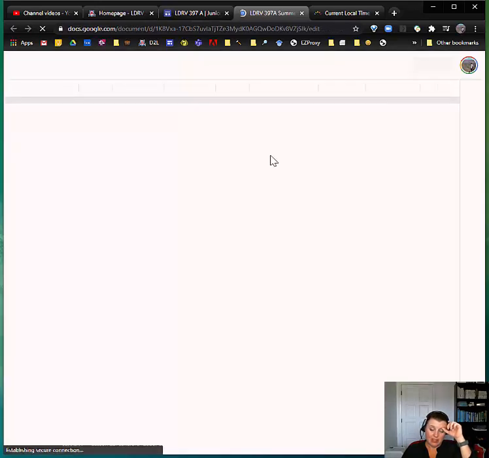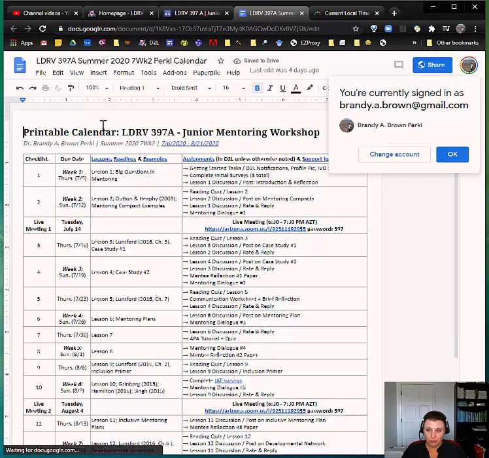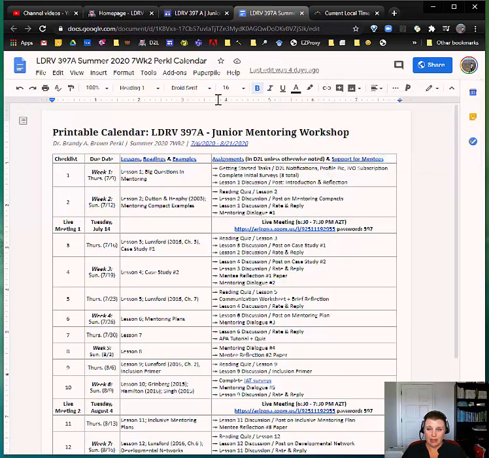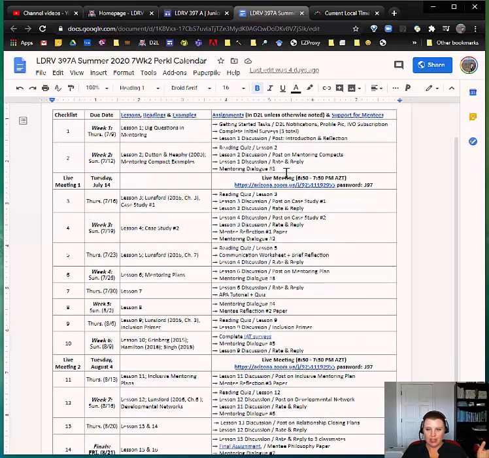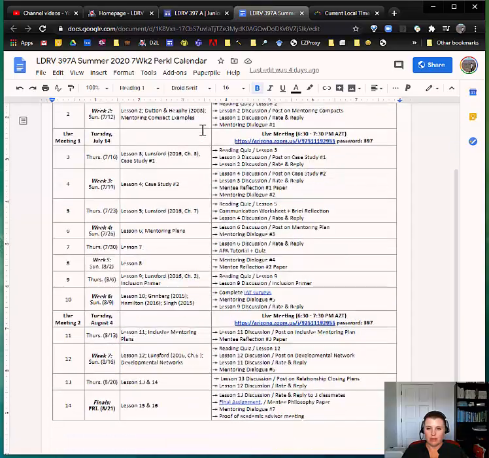So if you click this arrow, it will open it for you so that you can download or print this, right? I strongly encourage printing. But this also has links to everything. So you could also just bookmark this somewhere if you wanted to, and you would always be able to get to everything you need to, except D2L to turn things in. So this will walk you through what's due when and exactly what you need to check off at different times.